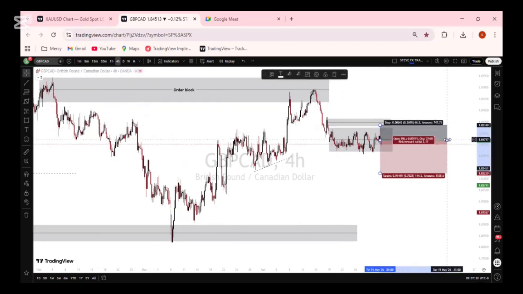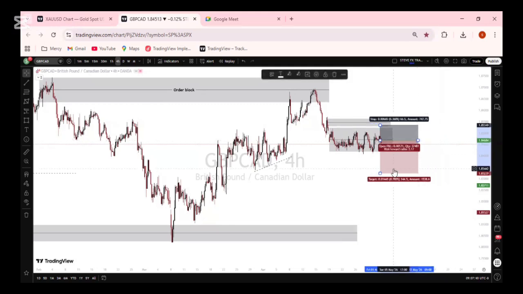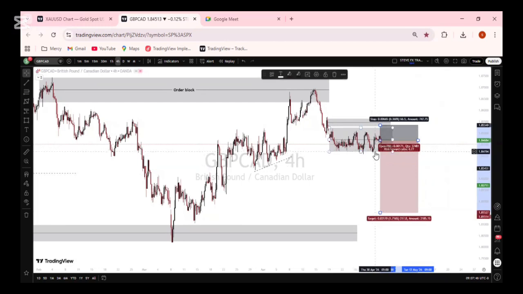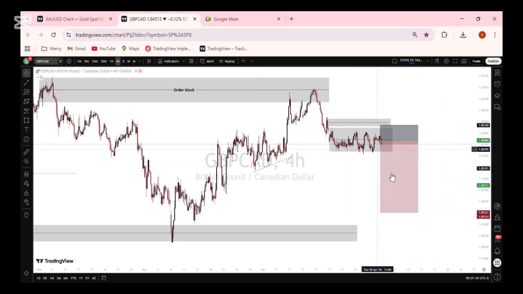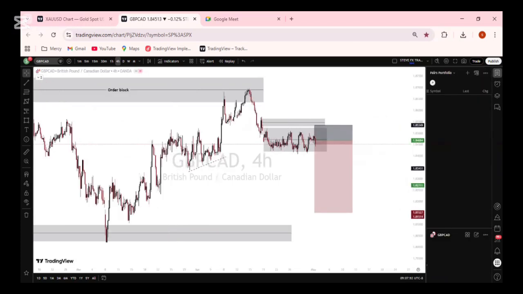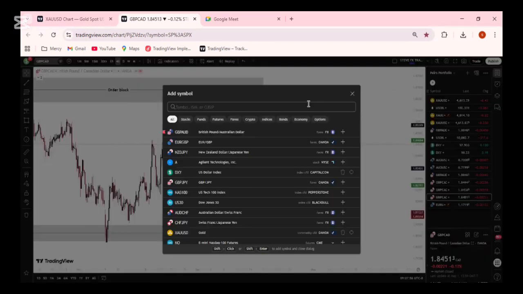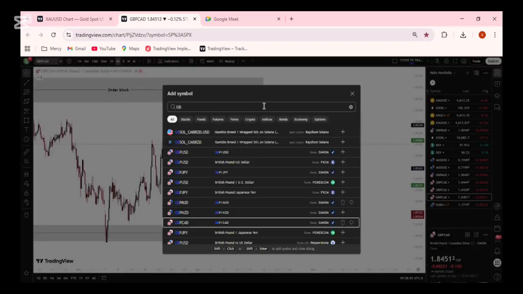Or you can also wait for the breakout, and once the market breaks out of the zone, you can then look for your trade. Let's add one last trade, one last analysis. All right, let's analyze